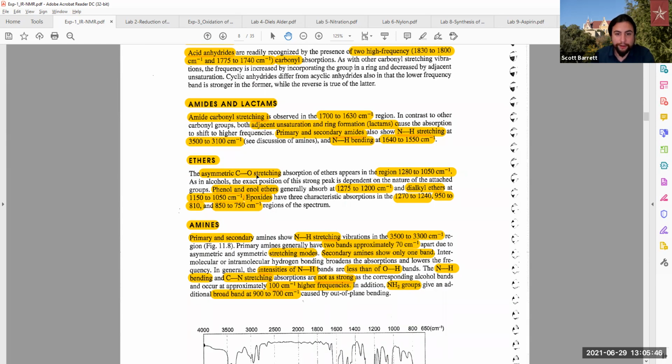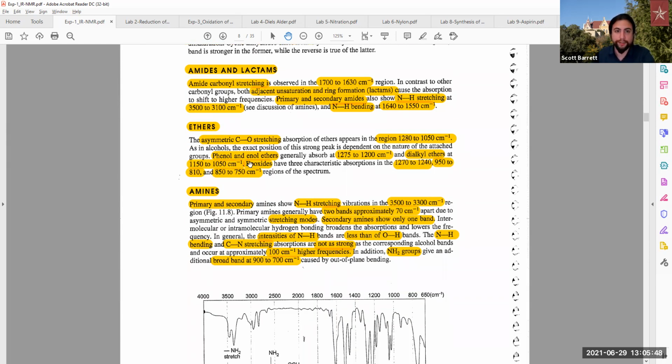But moving over to ethers, not to be confused with esters, but ethers, which would be, for instance, diethyl ether, would be an oxygen bound to 2 carbons, and you would find asymmetric carbon-oxygen stretching around 1280 to 1050. So remember, these are more of the carbon bonds and carbon-oxygen bonds, so it's going to be shifted way more upfield, close to the fingerprint region. And additionally, with phenols and enol ethers, they're going to absorb around 1275 to 1200, and dialkyl ethers at 1150